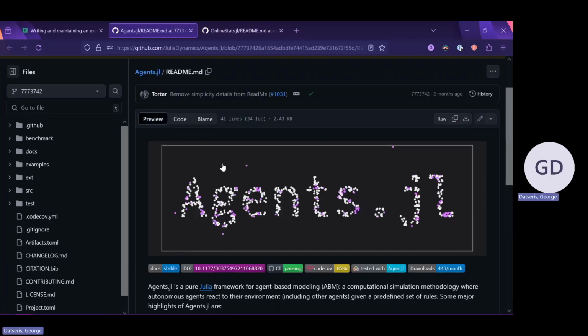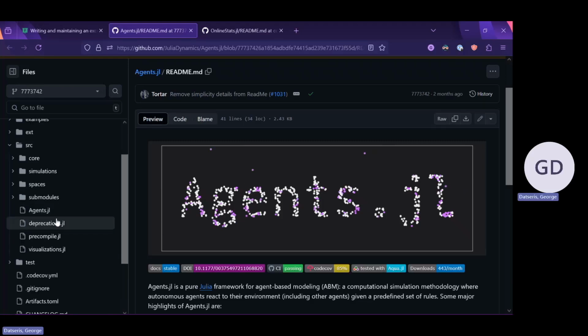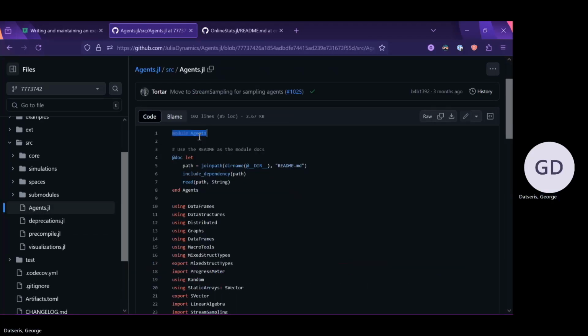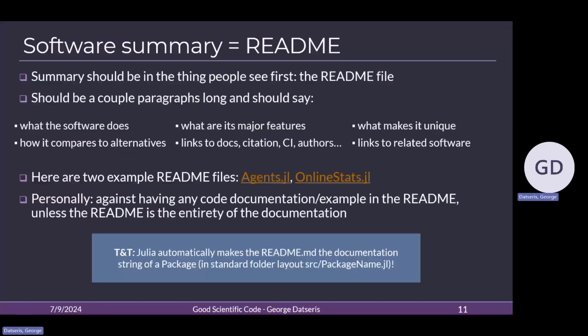For example, here, this is the agents.jl README file. Now, because agents is a Julia package, it defines a module that is called agents just by itself. Here, I explicitly show you how this is done. There is a way, don't worry if you don't understand the code, we will show this later in detail. But in essence, what this does is that if you go into the help mode of Julia and press question mark and then agents, this will simply print out the README file. And Julia does this automatically for you. You don't have to do this explicitly like I do it here. So this is another important reason why the summary of your software should just be the README, so that if someone is using your package, they can question mark it and then get the README.